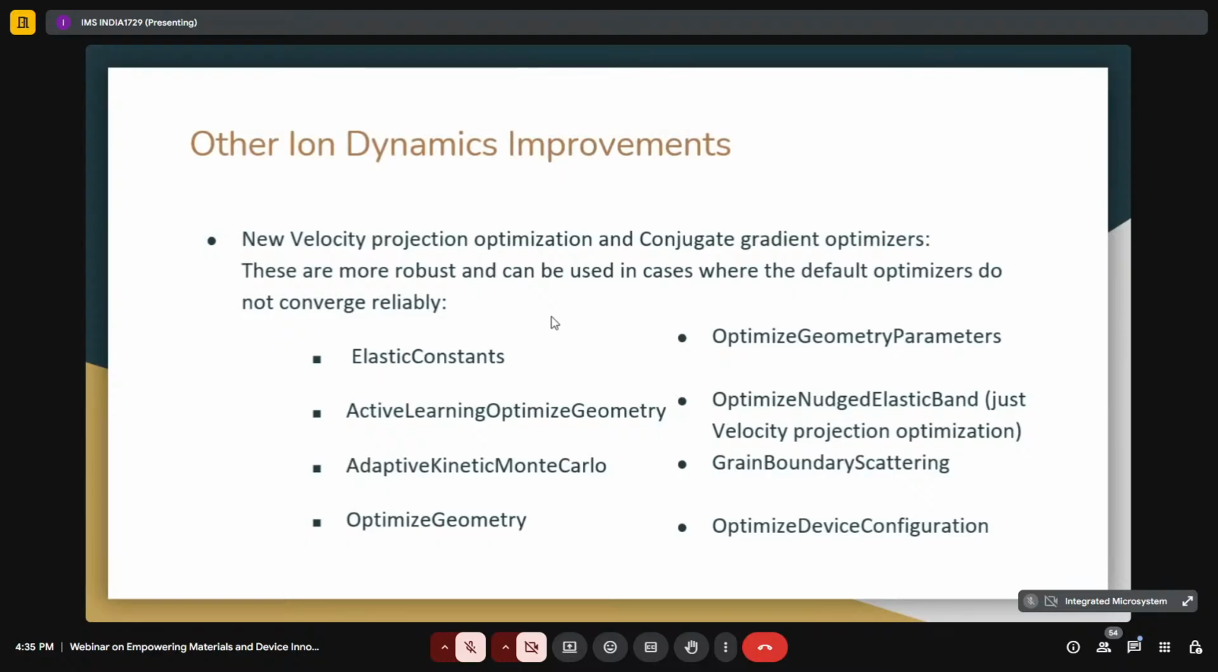These are some other advanced enhancements. It introduced several additions in the ion dynamic simulations aimed to improve the robustness, flexibility, and convergence across a range of use cases. A key addition is support for new optimization algorithms, specifically velocity projection optimization and conjugate gradient optimizers, now available for various simulation blocks. These new methods improve stability and performance in challenging simulations, particularly when default optimizers